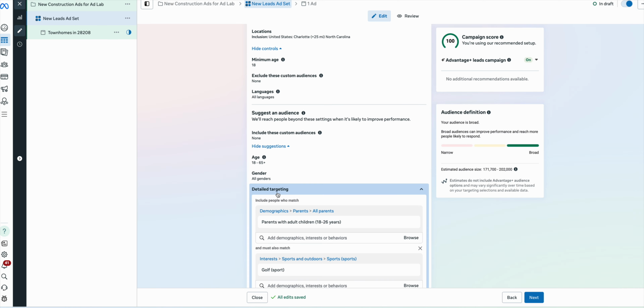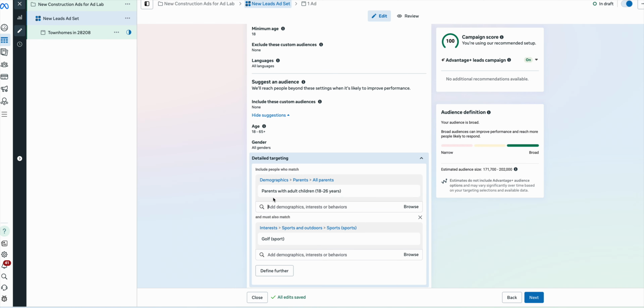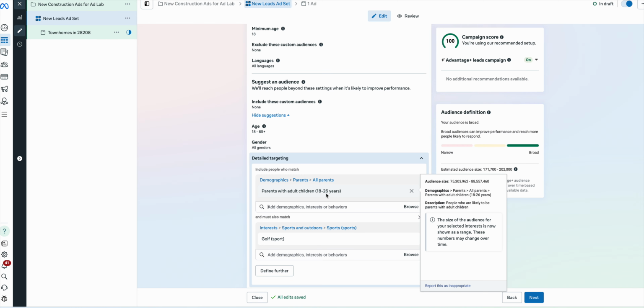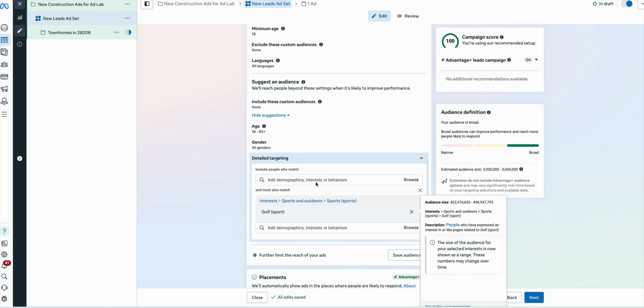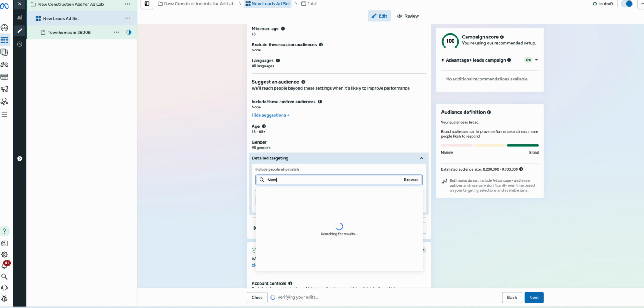So when you're talking about detailed targeting, you're saying first and foremost, I want everyone who's a parent, everyone who's a woman. And I want to narrow it. I don't want everyone who's a parent or a woman. I want them to specifically have children that are under 5 years old. So now I would change it and say the demographic is moms